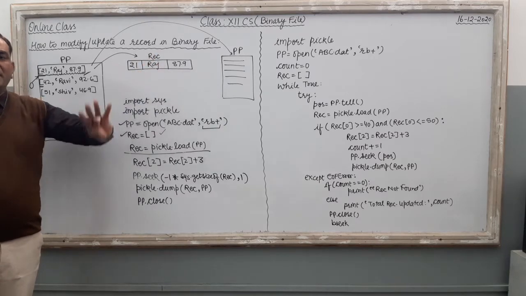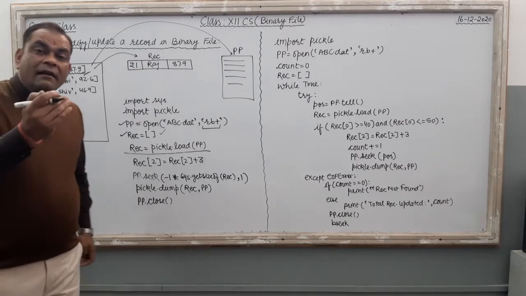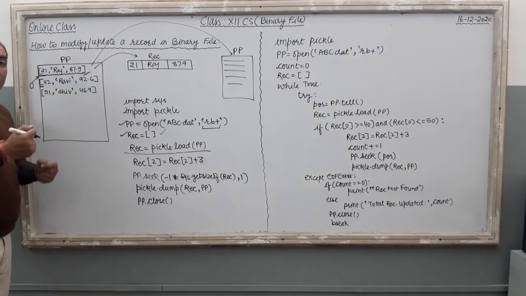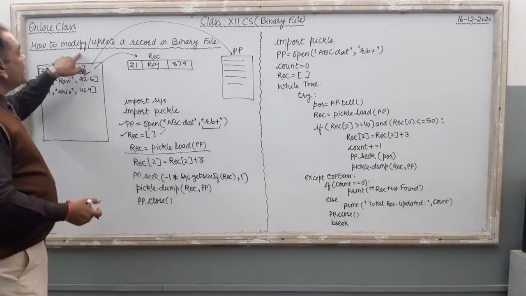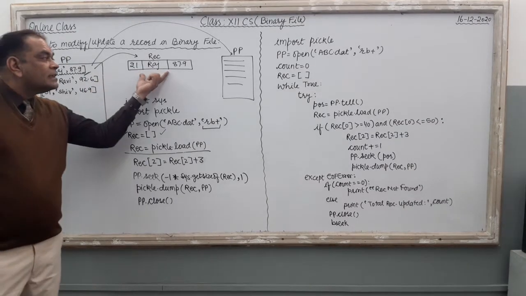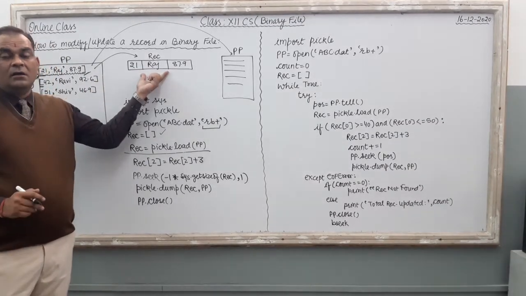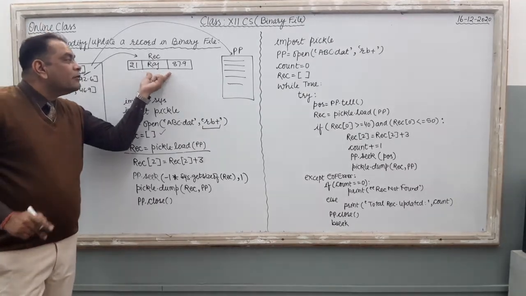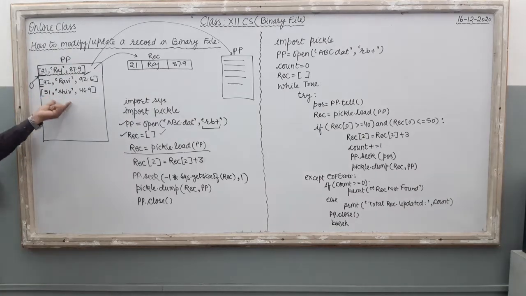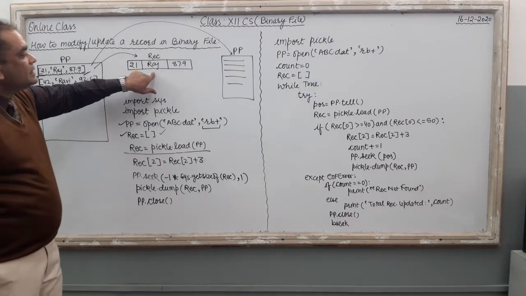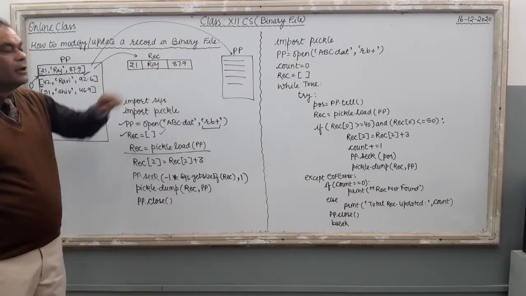No loop is there, it means what? Computer can read the first object only, right? So the object is here. Now if I want to make any change, my topic is modification or updation only. So if I want to make any change in the record, where will I work? My work is related with this particular variable, not here, not the file handle. Whatever change I have to make, I have to make changes over here only in this particular record, right?